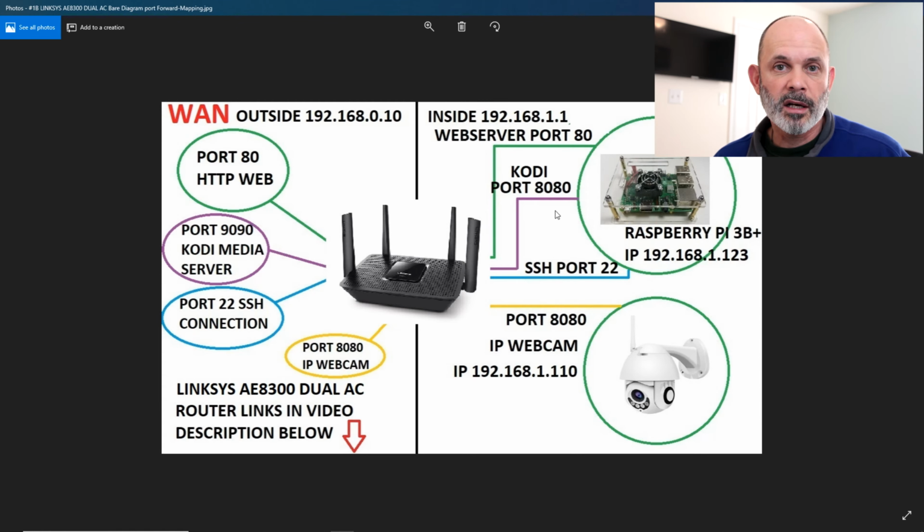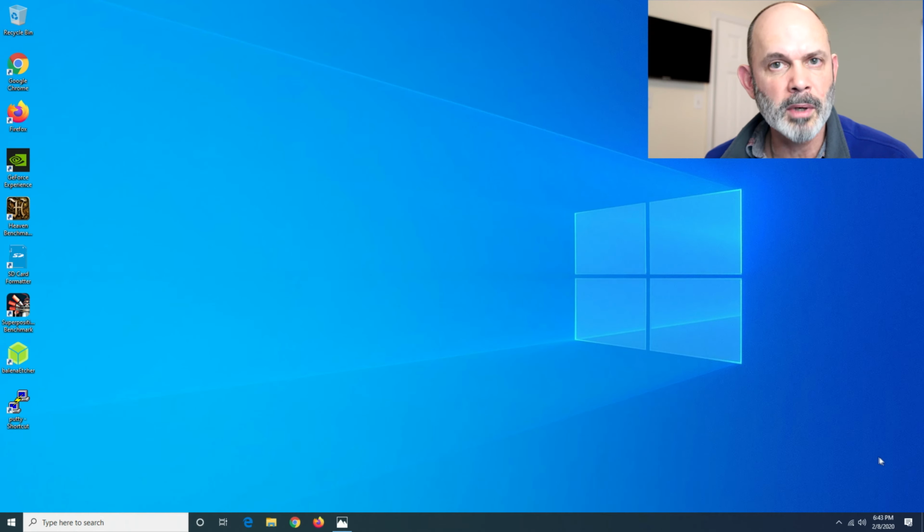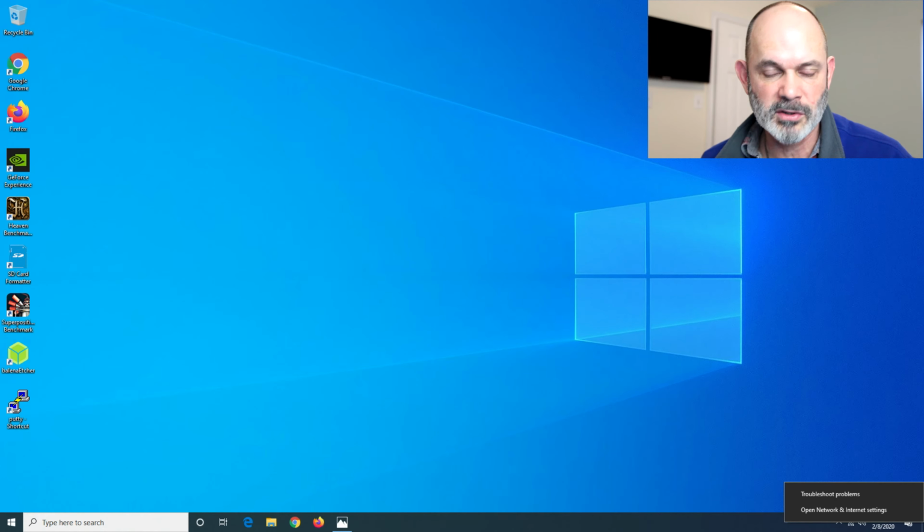So next, I'll show you what you need to know to log into your router and how to log into it. In order to log into the router, of course, you need to know what the IP address of the router is, and you may not know what your IP address for your router is, or you may want to verify it just to make sure, and I'll show you a quick trick to do that. So what you're going to do is go down to your taskbar at the bottom right, and right click on your network icon. In my case, I'm connected through Wi-Fi. You may be hardwired, so the icon will look a little different, but regardless, right click that icon, choose Open